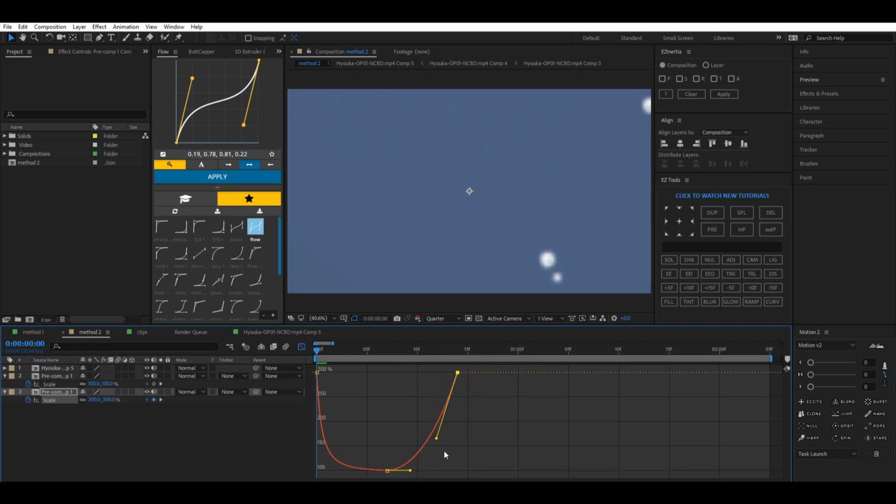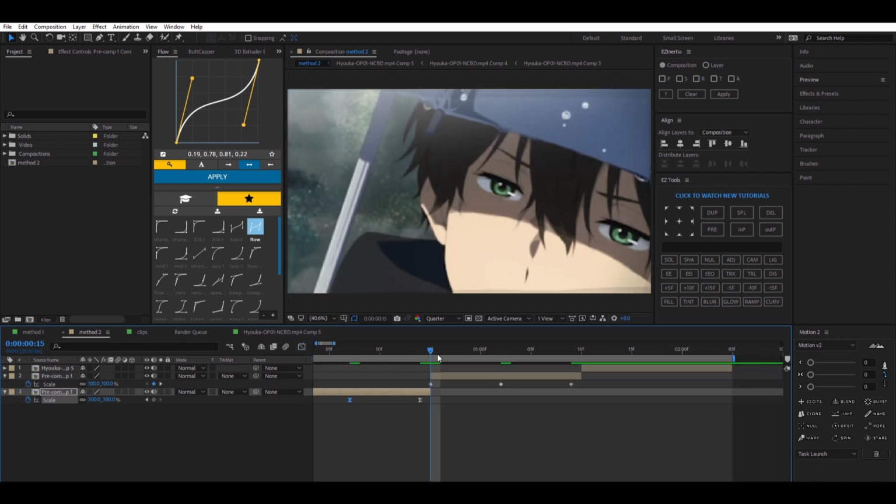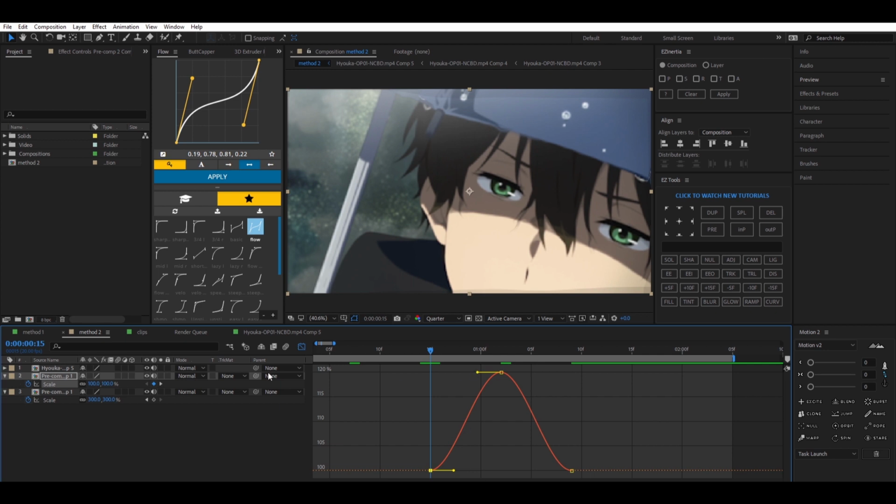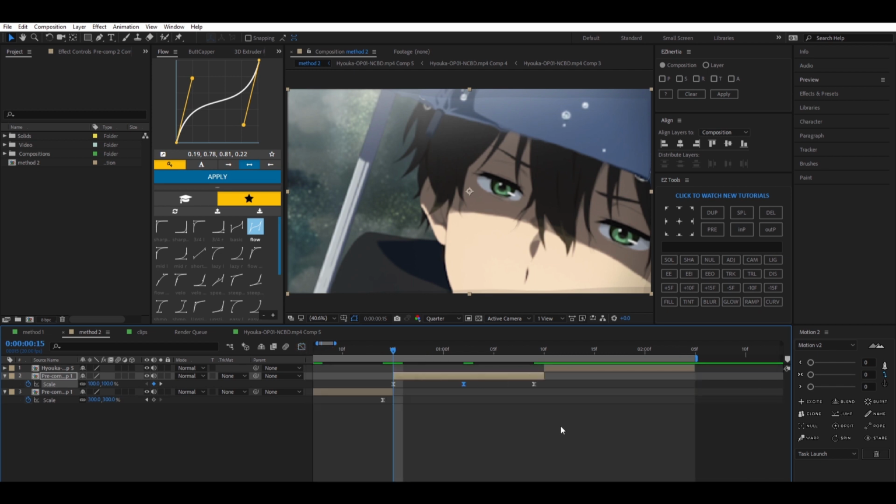And then for the fake zoom scales, you're gonna highlight it, F9, and then you're gonna make your graph similar to method 1, but just on 3 keyframes. So you're just gonna make your first keyframes like this, and then your out keyframes like a regular outward graph, like that.